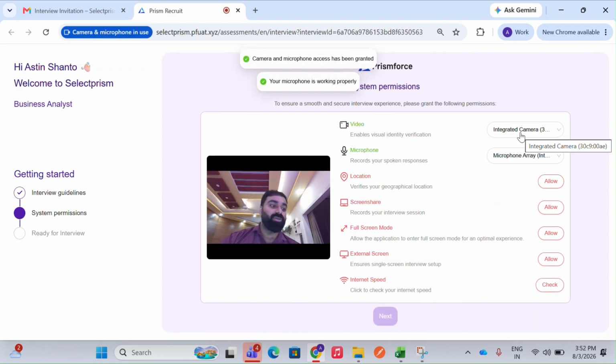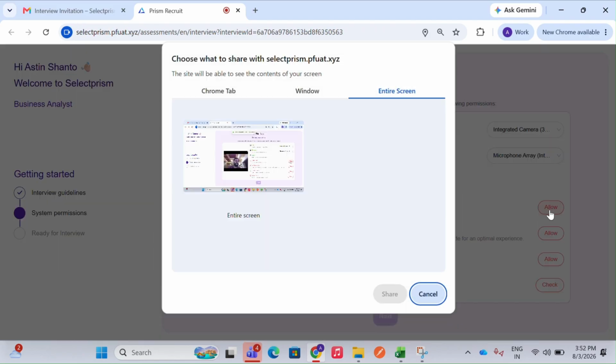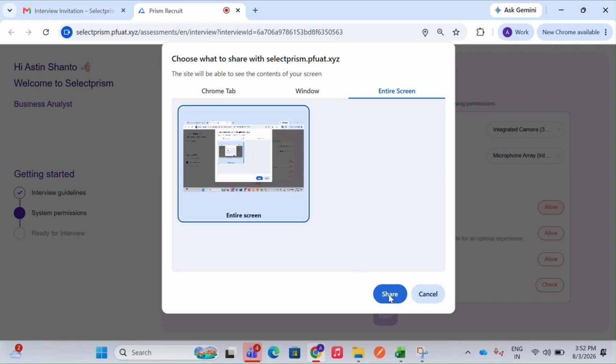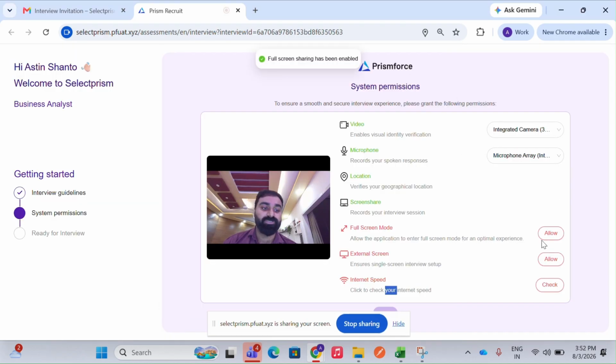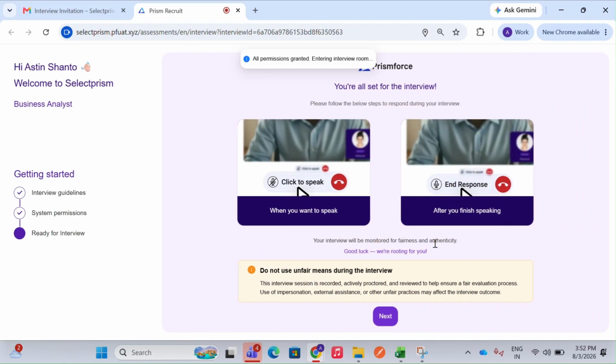Now we are on the page of the permissions. To ensure a smooth interview experience, the candidate must grant the following permissions: camera access, microphone access, full screen mode, external screen detection, and also a speed test. So here the speed test would be checking if there is an adequate amount of speed for the test to be conducted. Once that check is done, we can go ahead and click on the next button,